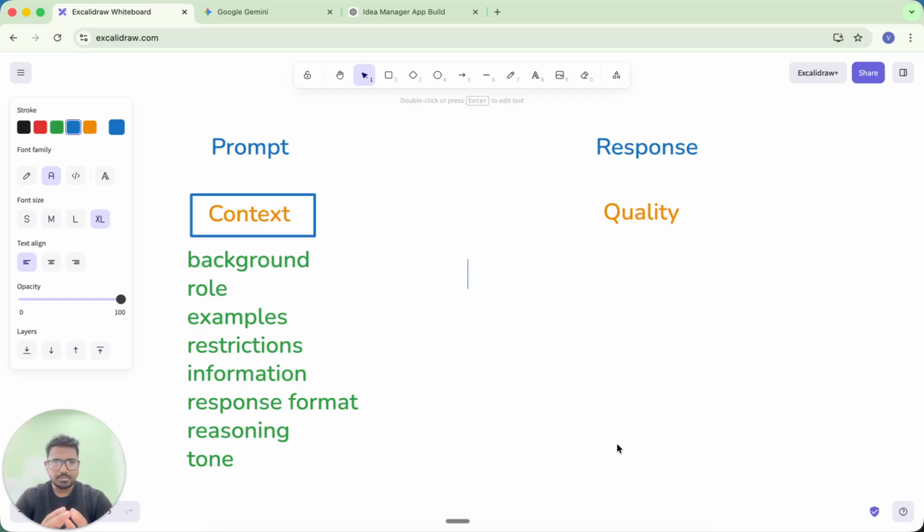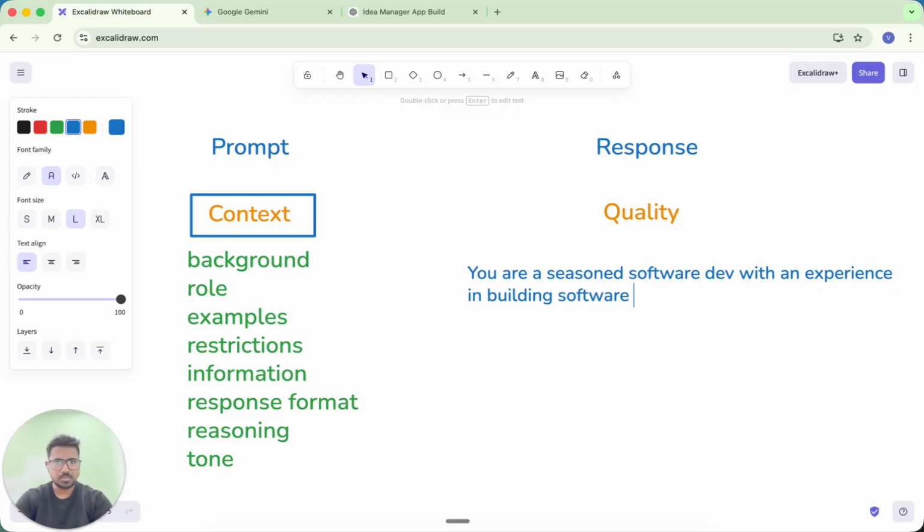Let us say I want to give it a role first of all, and then I will give it the context of what it is trying to build, and I will also give it some limitations. I will not be including all the context that I just mentioned, but maybe few of them. Let us see whether this particular prompt does a better job than the zero shot prompt that we have tried earlier. So let us say I'm saying you are a seasoned software developer with an experience